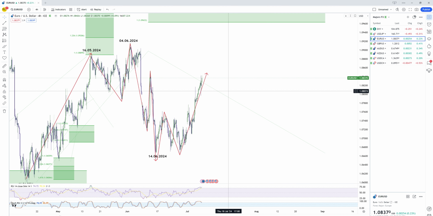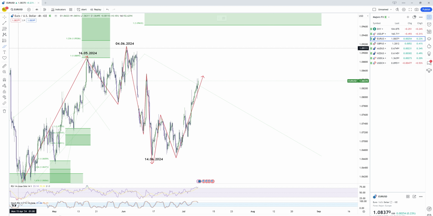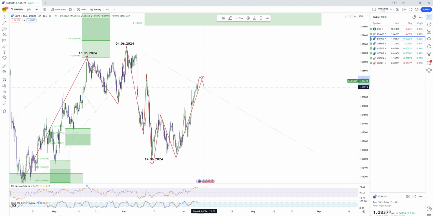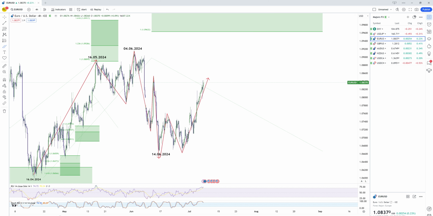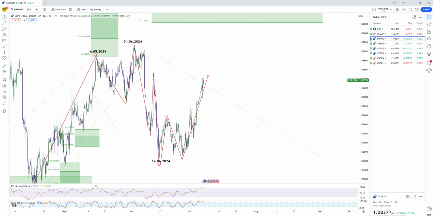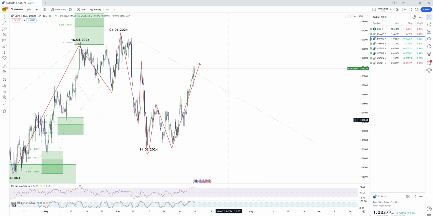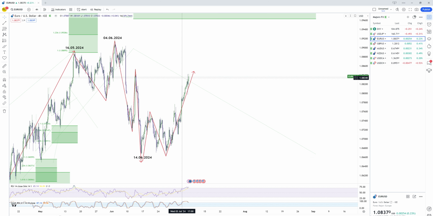So for the euro dollar, this was expected. This is exactly what we got. We can overall see a little bit more upside in the short term. It's possible, but soon we should expect at least some degree of a pullback before the trend can continue higher. So for the time being, the trend overall is towards the upside, the bias, but short term, very soon, we should start seeing some reaction for a correction.